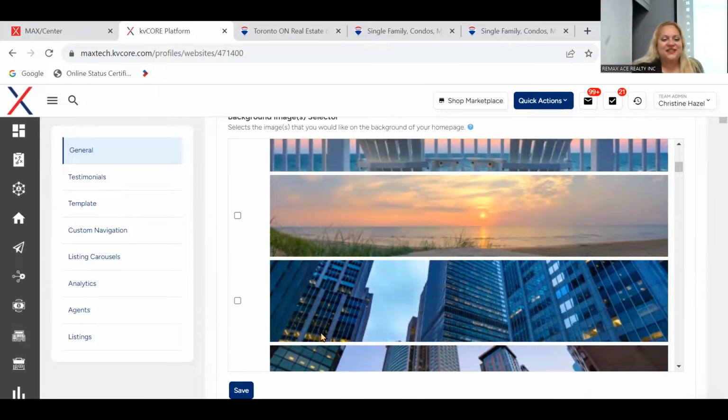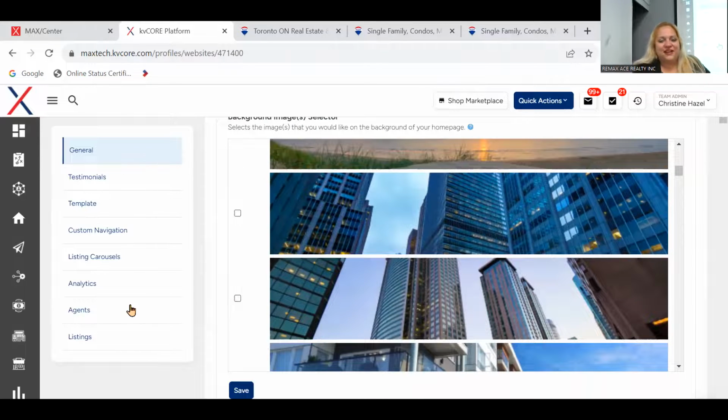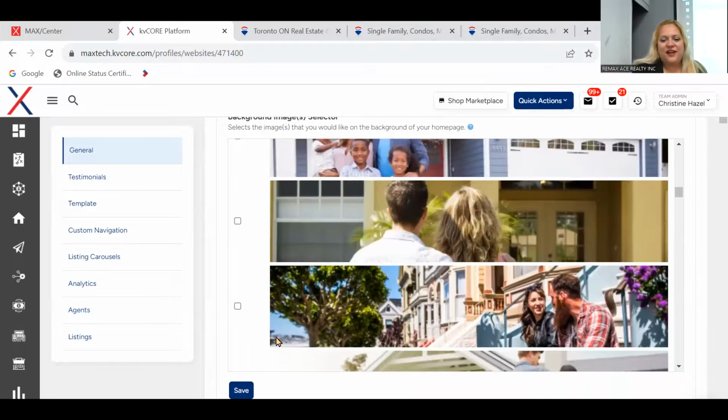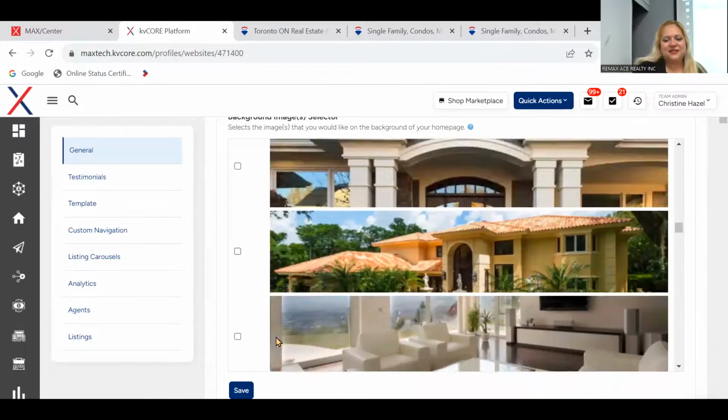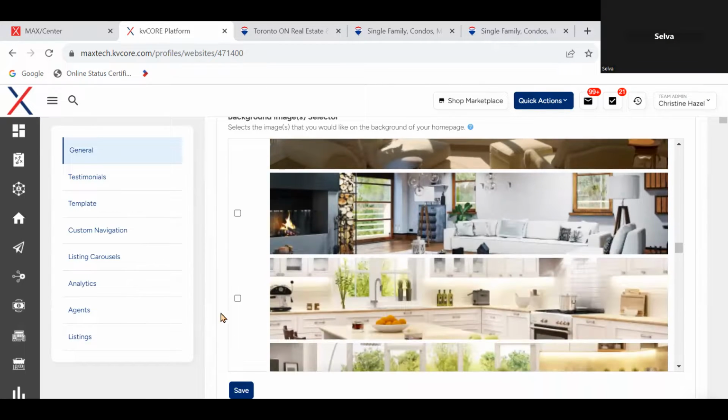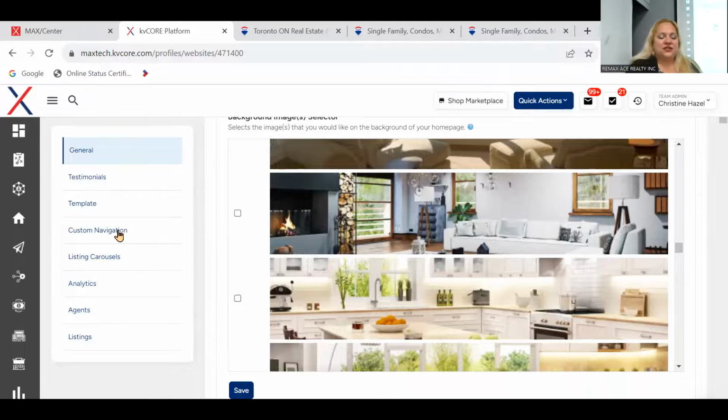Anyways, I won't waste your time looking for it, but I'll show you definitely next week when we're going over the website. I'll make sure I have it handy where to find it. But see, these are all the different themes and stuff. So we had to notify them. You have to put the team in, and then it'll give you